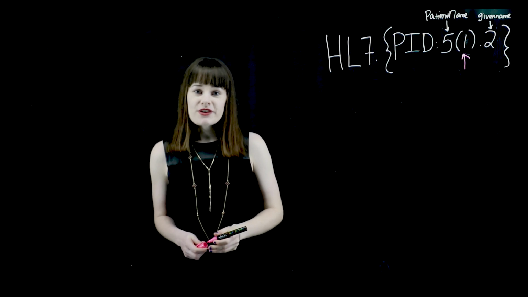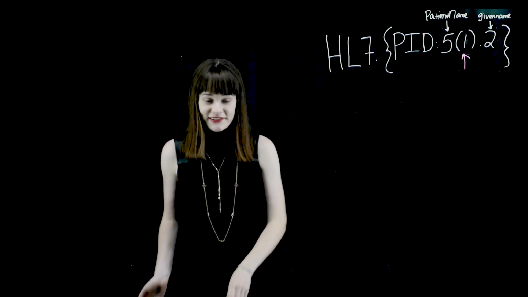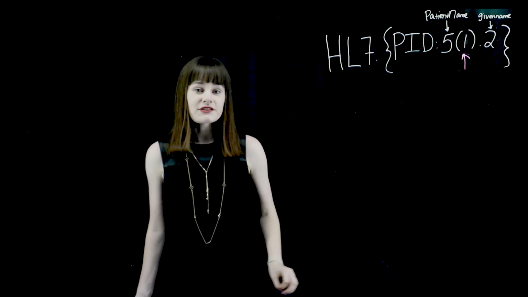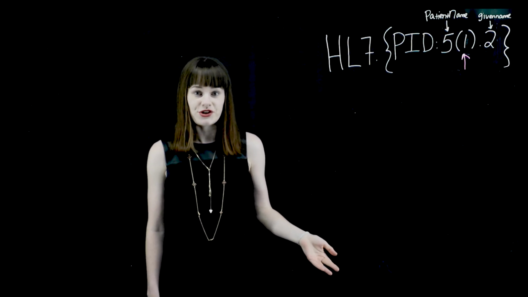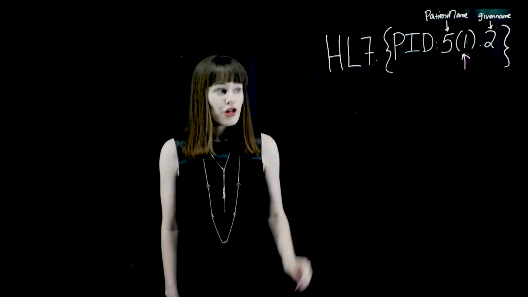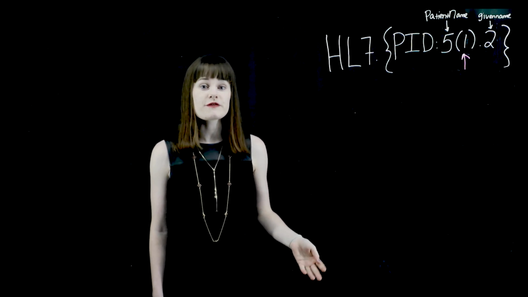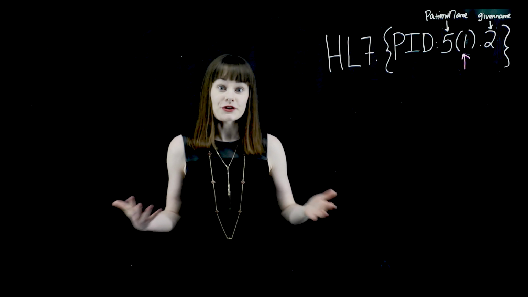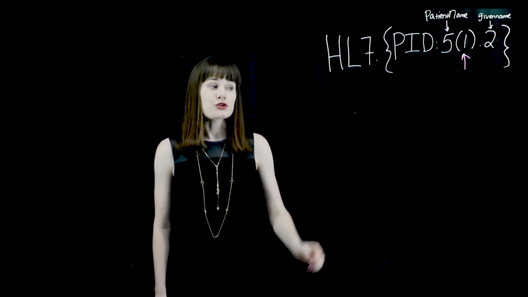So the presence of the parentheses themselves indicates that this is a repeating field, that this field may have multiple iterations, multiple occurrences, because the patient may have more than one name. The 1 inside the parentheses indicates that we are specifically, with this expression, referring to the first iteration of the field, so the first name of the patient. So if I had put a 2 inside these parentheses, we'd be referring to the second iteration of the patient's